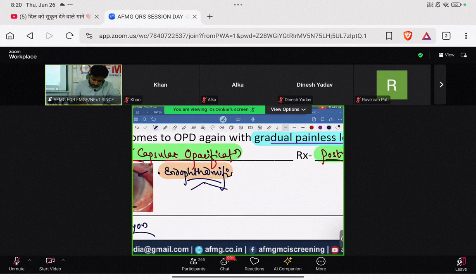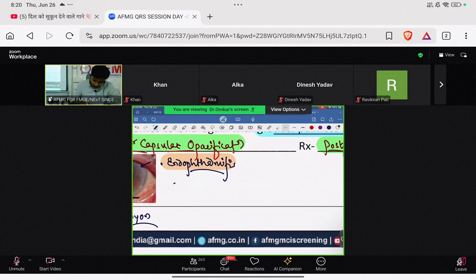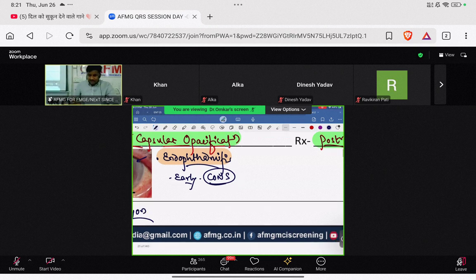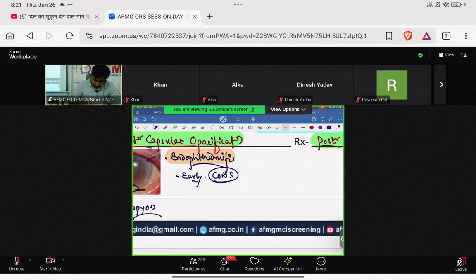अगर वो बात करते हैं बेटा early endophthalmitis, what is the leading cause? Early endophthalmitis का leading cause is CONS, that is coagulase negative staphylococcus also known as staph epidermidis. So coagulase negative staph or staph epidermidis is the leading cause of early endophthalmitis बच्चे. If they ask you what is the most common cause of late endophthalmitis, Propionibacterium. So Propionibacterium beta, it is the leading cause of late endophthalmitis.